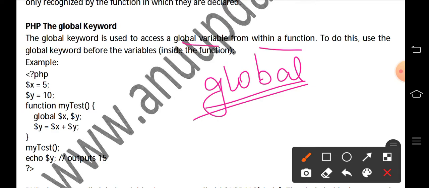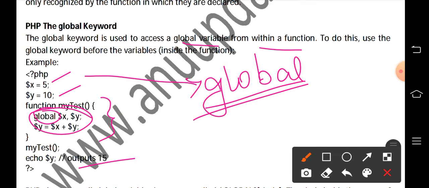By using the global keyword, we can use the variables within the function. Here x is equal to 5, y is equal to 10. These two global variables can be accessed by a function by using the keyword global, so that we can generate the output as 5 plus 10, that will be 15. You can see here.